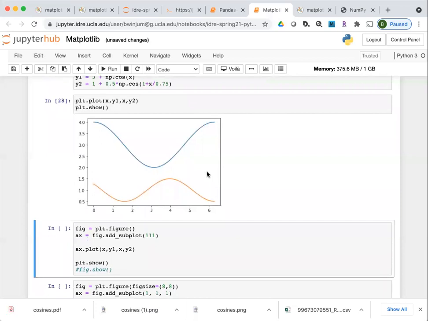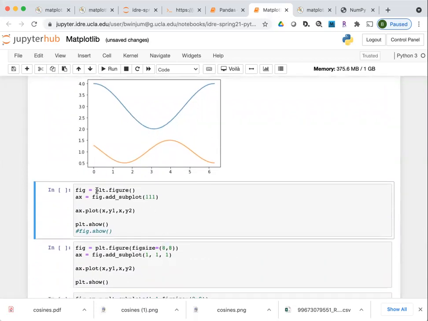Now there's a little bit of a lower level way to specify that you want to generate the graphic. It still uses plt, but here I call the figure method. So plt.figure returns the figure object. By itself, that will just be blank.